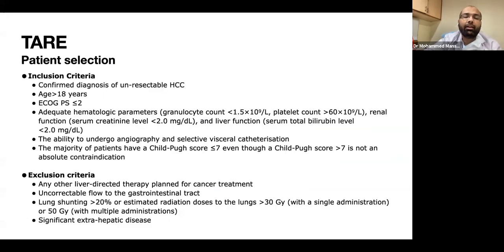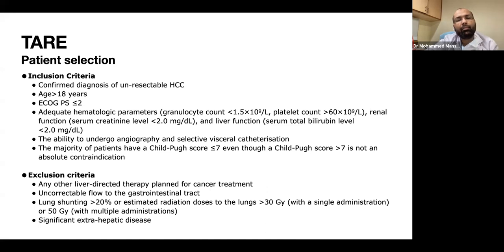Patient selection. The inclusion criteria is that the patient should have a confirmed diagnosis of unresectable hepatocellular carcinoma, age more than 18 years, with a performance score of less than or equal to 2, and adequate hematological parameters, WBC count less than 1.5, platelet count more than 60,000, and renal function creatinine should be less than 2, and liver function test with a bilirubin level, total bilirubin less than 2. And then we